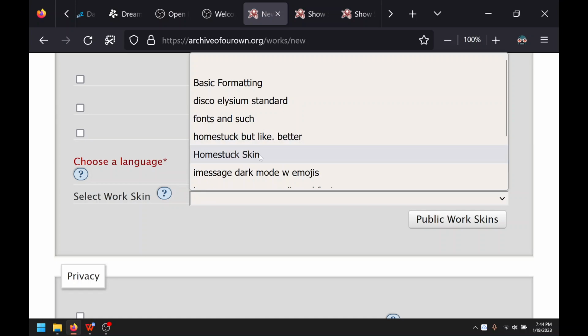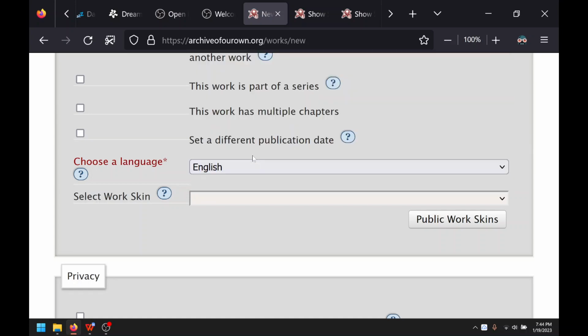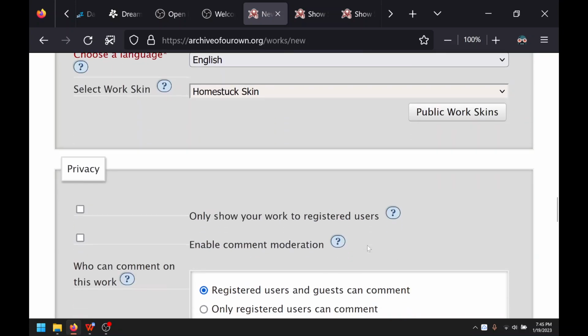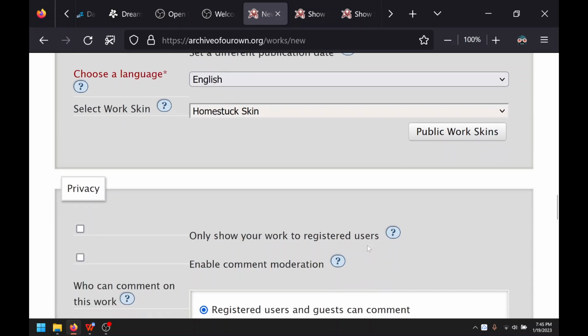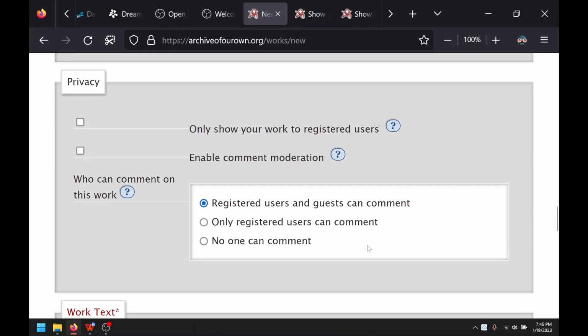So we are going to select the Homestuck skin. And you might have noticed that I had one in there called Homestuck, but like better. We will go into that in the second video once we have a better idea of what the base skin looks like. Okay. So that is the only thing that you need to do to make sure this coding works, and then you need to code it right. But this is completely vital because if you turn this off, the coding's not going to mean anything, because HTML coding is all about